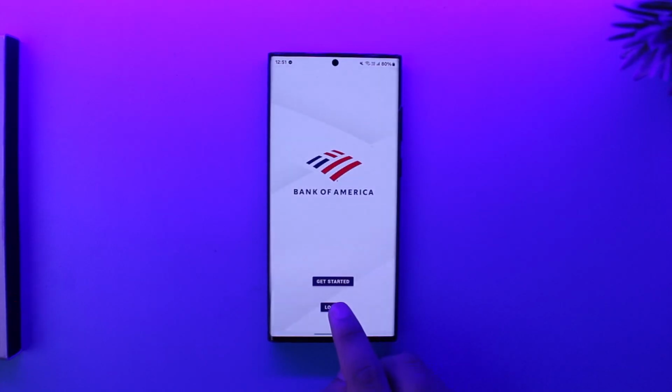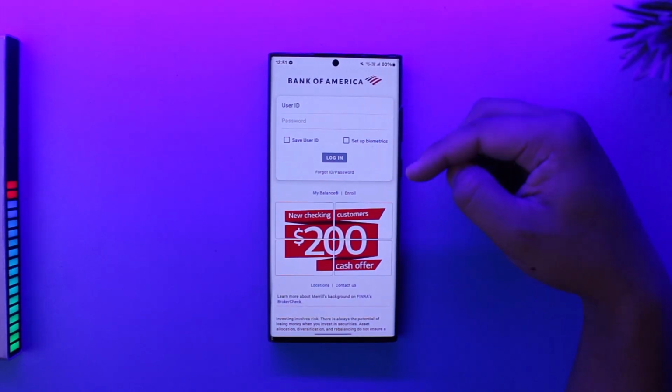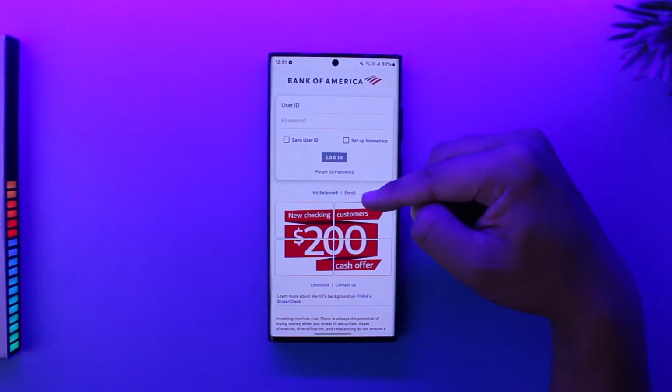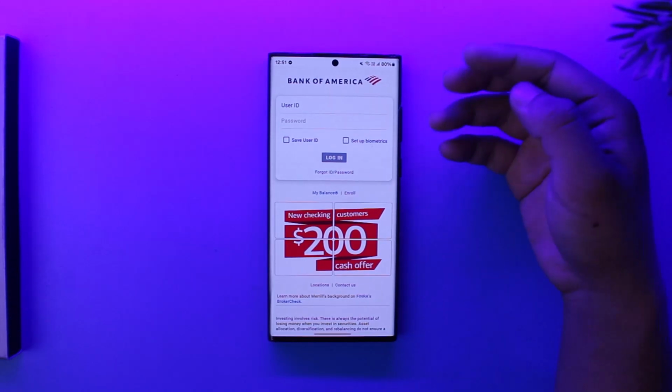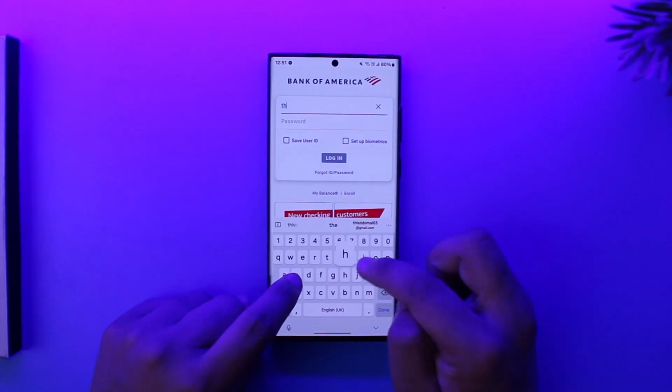You want to make sure to tap on the little login option there. Now before you log in, if you have not enrolled for mobile or online banking, you can tap on this little enroll button here to enroll for mobile or online banking. But since you already have an account and you just want to log in, you want to make sure to